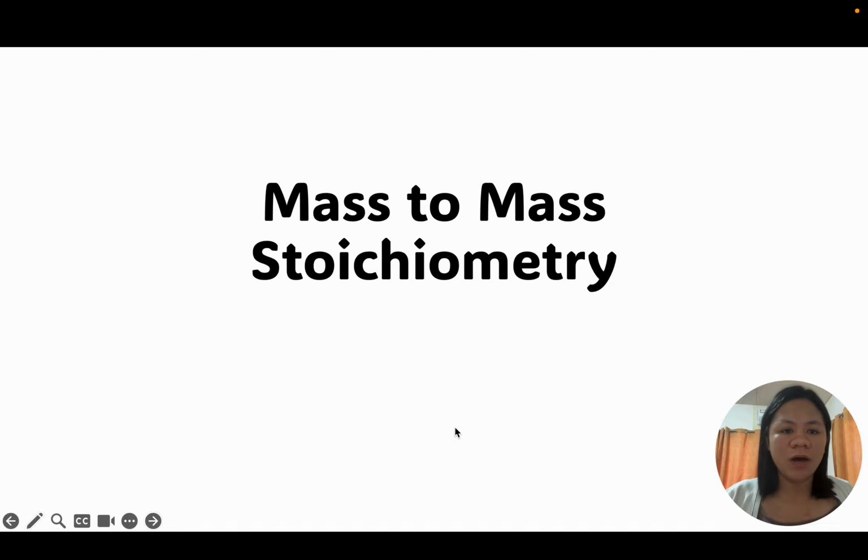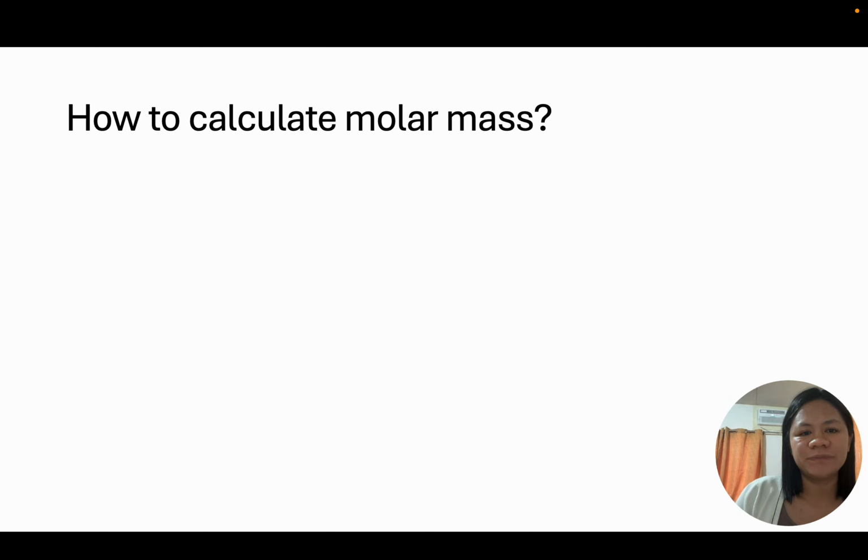Naman, the second part of the stoichiometry is the much longer procedure, no, of the stoichiometry, when we compare it with the mole-to-mole stoichiometry. So, here are the steps, though natapos na natin ito on the third quarter natin, no, in calculating the molar